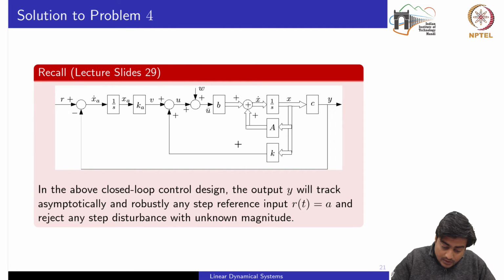So if we recall the lecture slides, slide 29, on which we discussed another closed loop architecture which ensured that the effect of this external disturbance onto y would be nullified. Okay, so the two design parameters are k and ka, and to design this, first of all